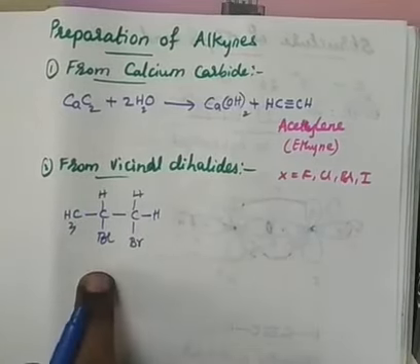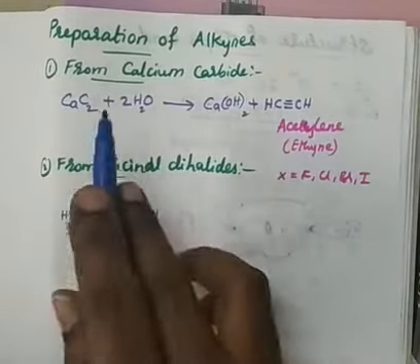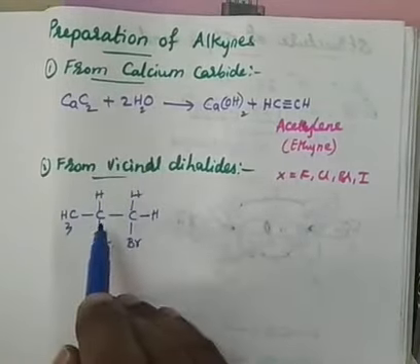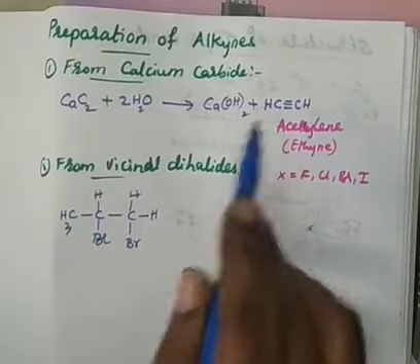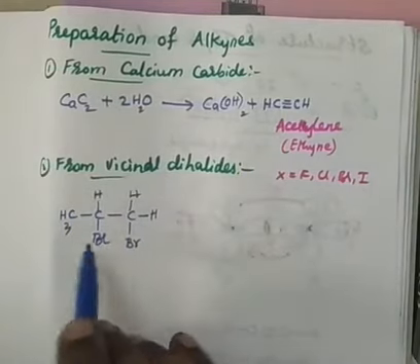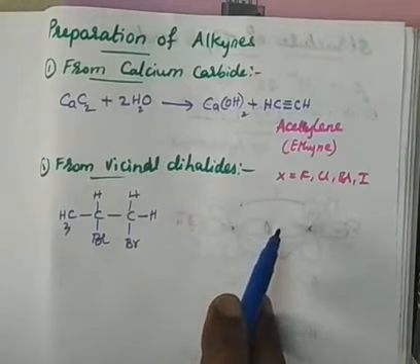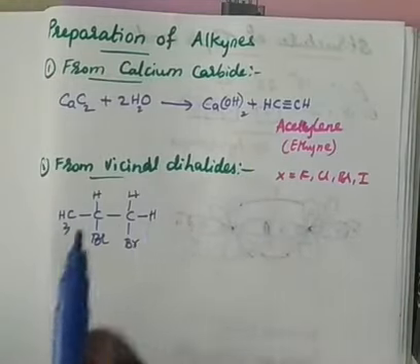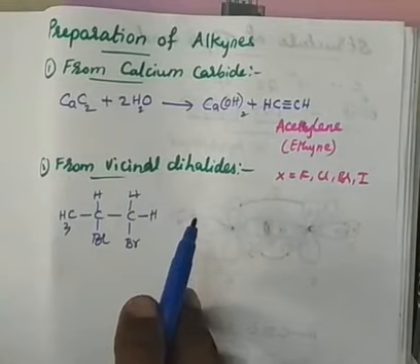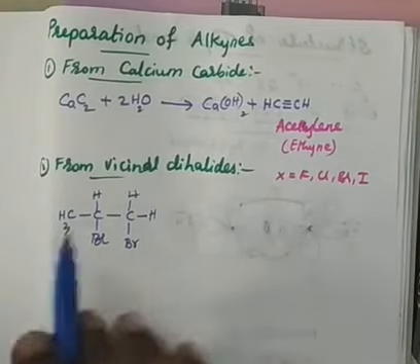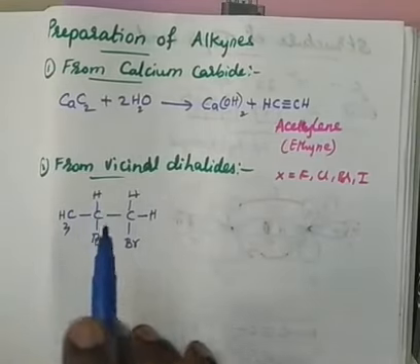So here what we need to do? We want alkyne. That means from a saturated compound I started. Now I need to end up with a triple bond, right? That means something should be eliminated from this. Then I will get my unsaturated product, right? You need to always concentrate on what you want. I want here preparation of alkyne, I mean a triple bond. So something should be eliminated from here. So dehydrohalogenation, I hope you have heard.